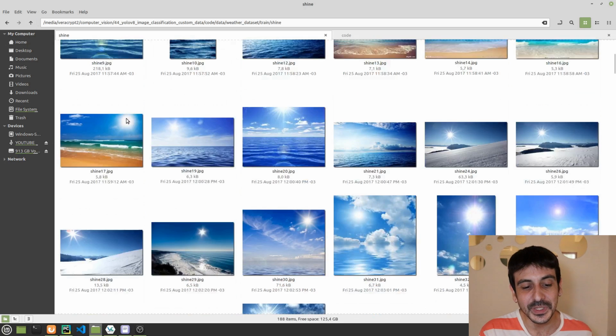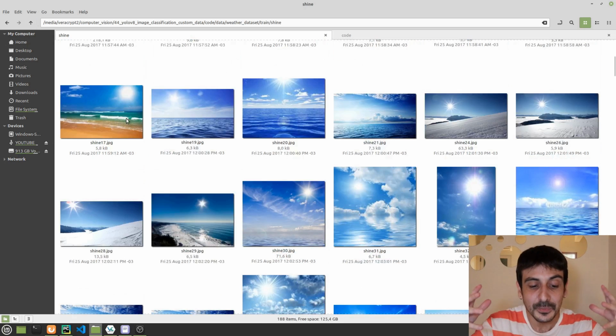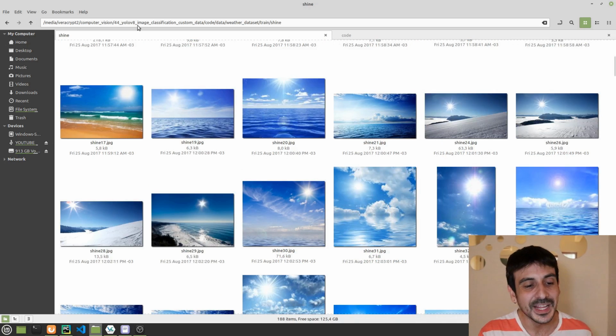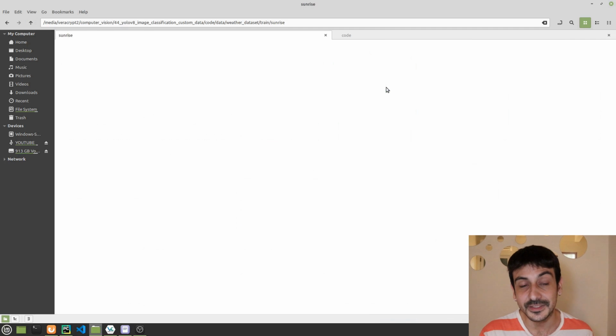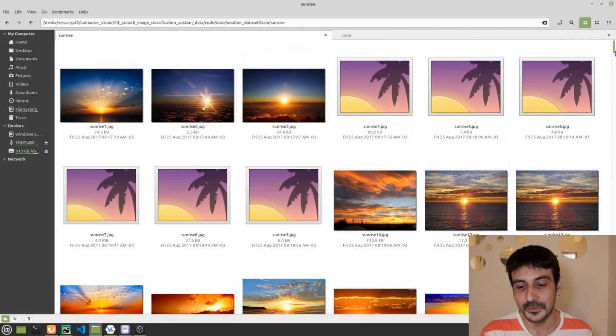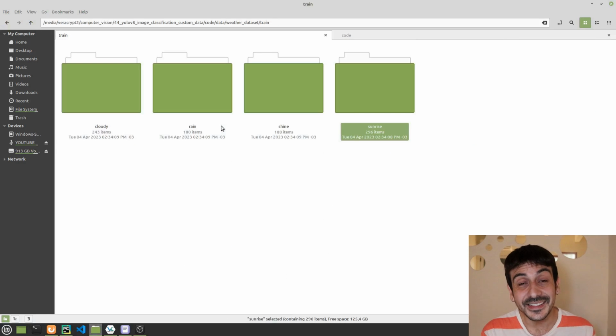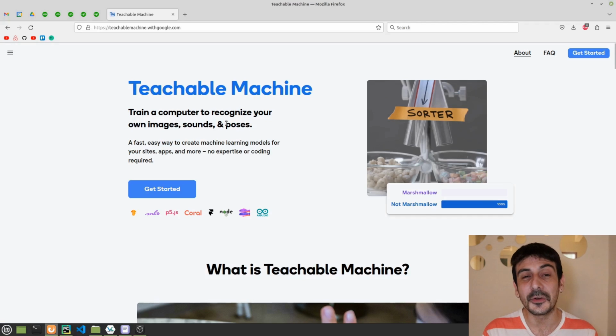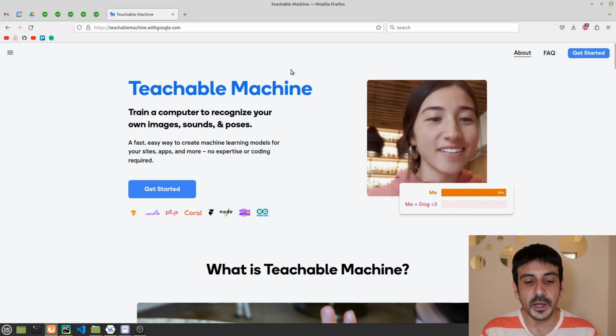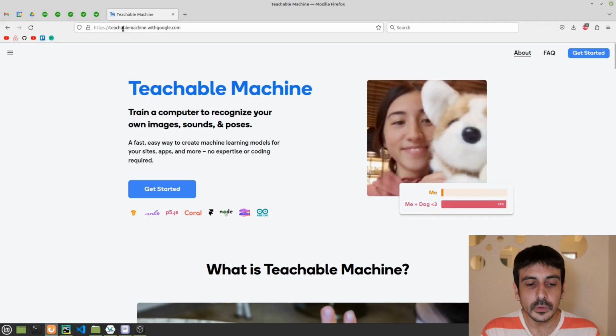in each one of these pictures we have the sun, which is super bright, super up in the sky and super huge. And now the last category is sunrise, where we have pictures of many sunrises. So this is exactly the data we are going to use today, and remember we have already used this dataset in one of my previous videos. Now let's go back here. You need to go to